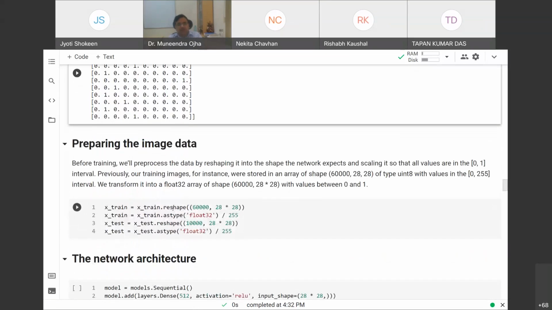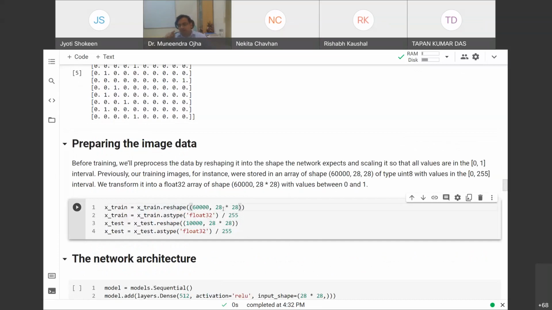Okay. Now we need to prepare our image in the vector format. Our image data was 60,000 by 28 by 28. So instead of 28 by 28, we need one long vector.